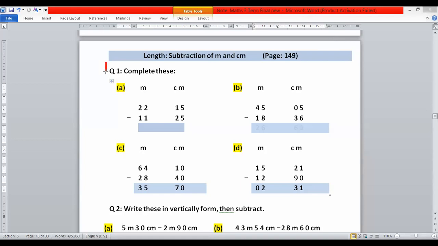The statement of 1 is complete these. Part A is 22 meter and 15 centimeter minus 11 meter 25 centimeter. Dear students, remember that